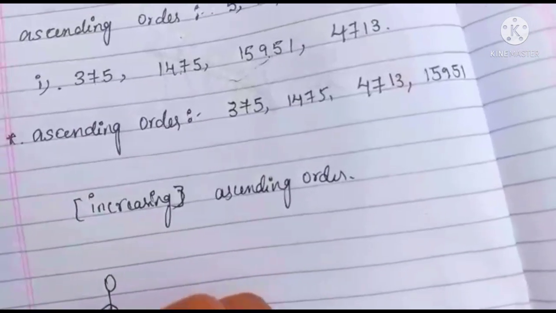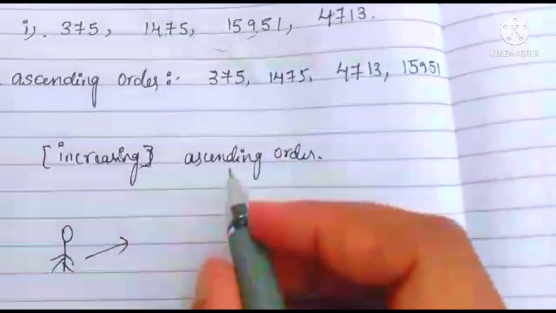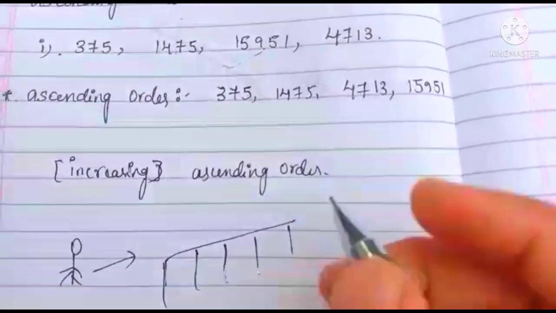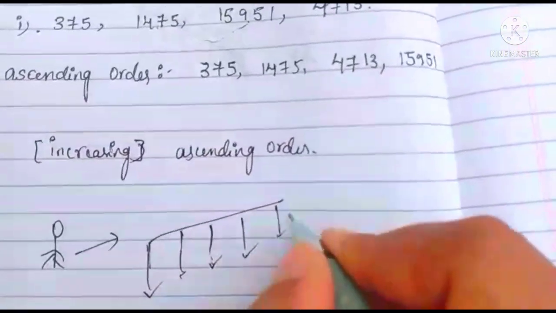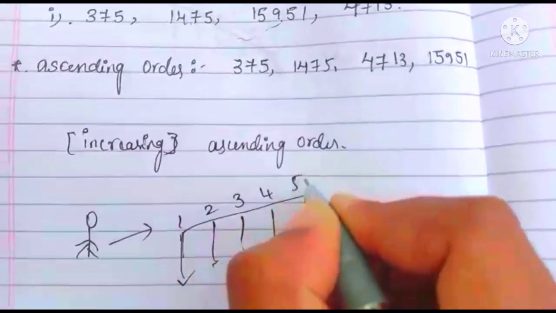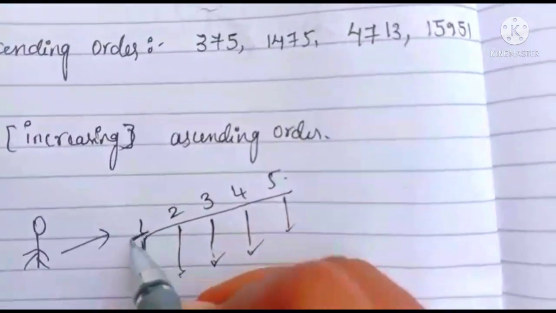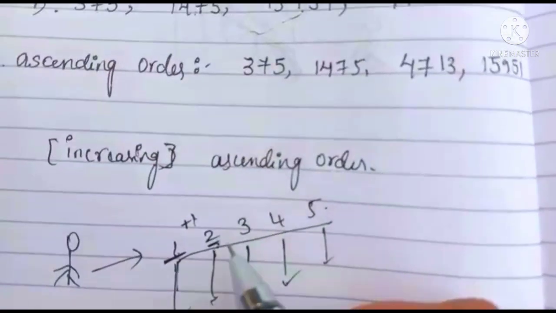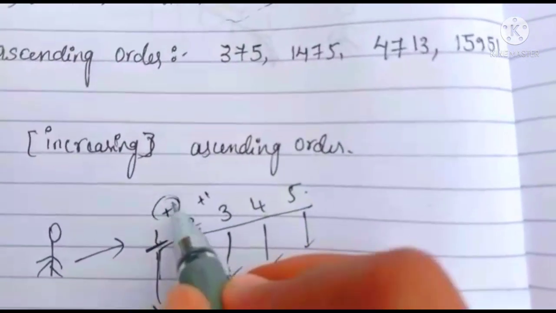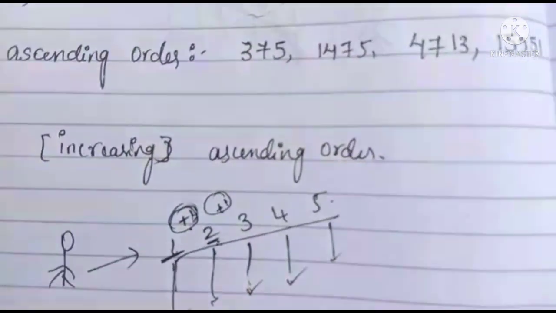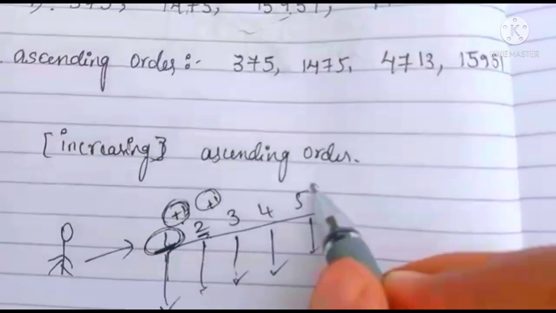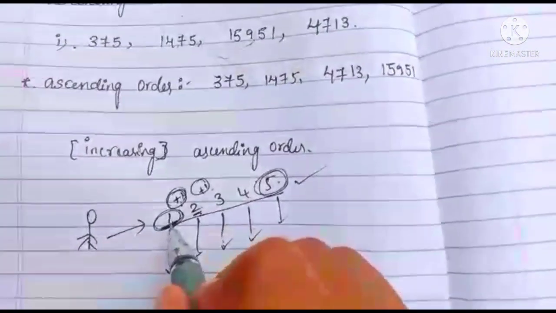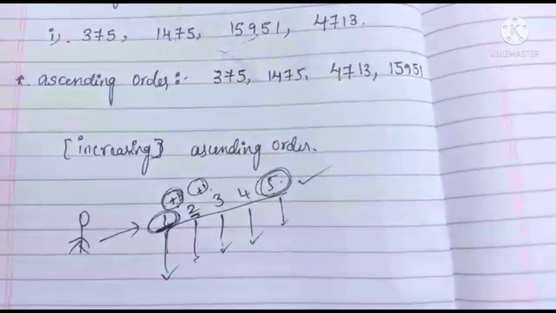Here one boy is there, he doesn't know what is the increasing order. So I will show 1, 2, 3, 4, 5. Here 5 steps are there. Here see, 1, after that 2, 1 plus 1 is equal to 2. Next 2 plus 1. Here one number is increasing. The smallest number is 1, the largest number is 5. The numbers are increasing. We have to arrange the numbers from small number to largest number, all the numbers.